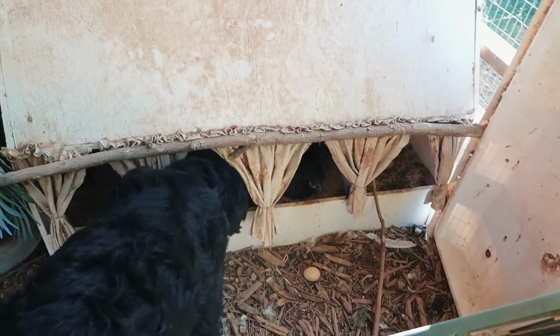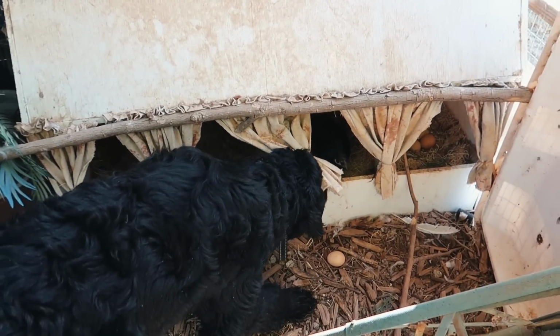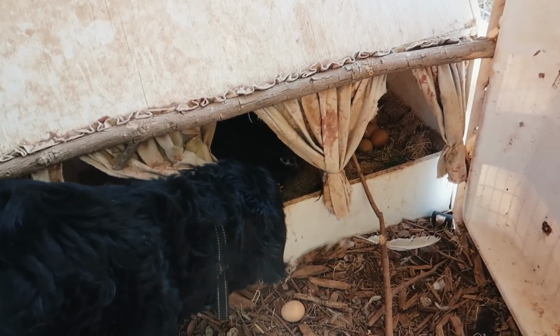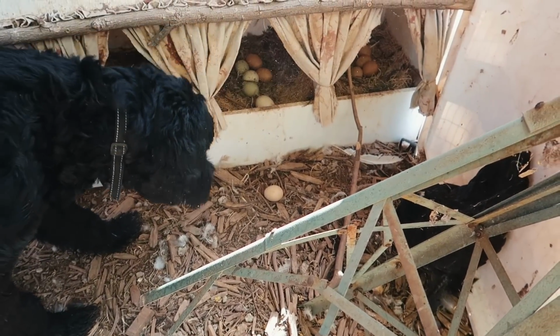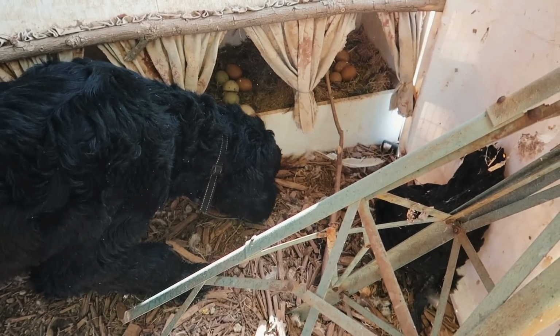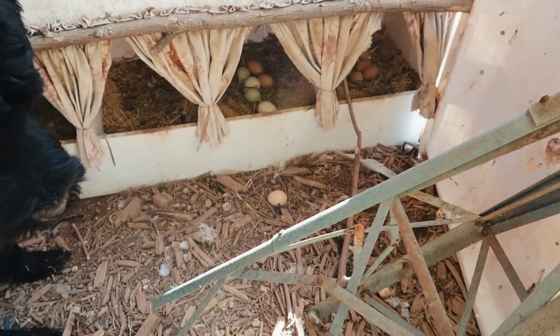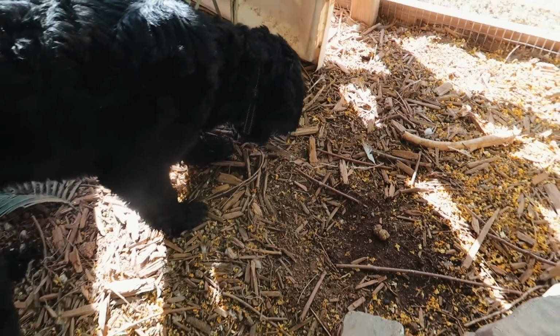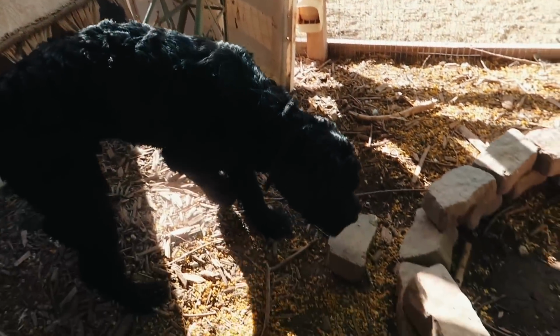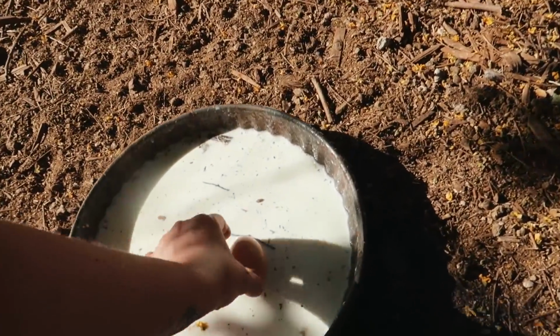Are there any in there? There's a chicken in there. She's like, oh, be careful, that scared me. They're not very nice to you. Oh, he found an egg. He's gonna pick it up for me. Okay, come on. Go on. He put the egg in the...